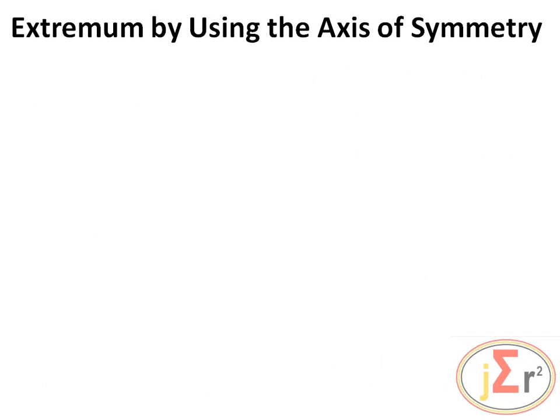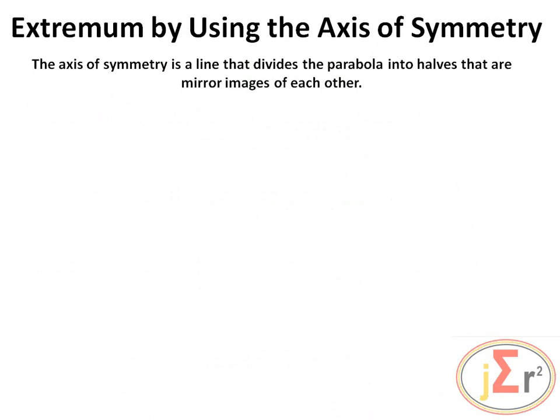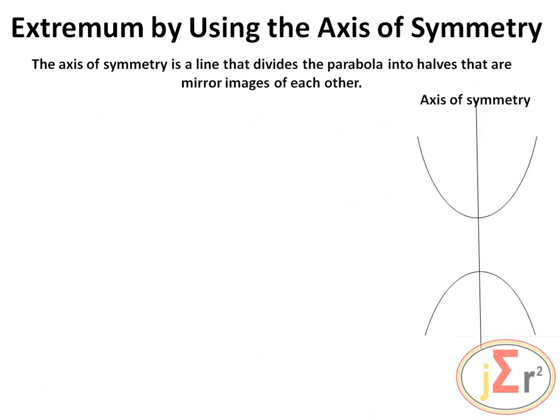And now we're going to be looking at extremum by using the axis of symmetry. The axis of symmetry is a line that divides the parabola into halves that are mirror images of each other. It therefore intersects the curve at the extreme point,